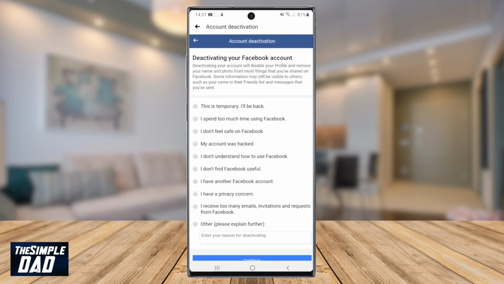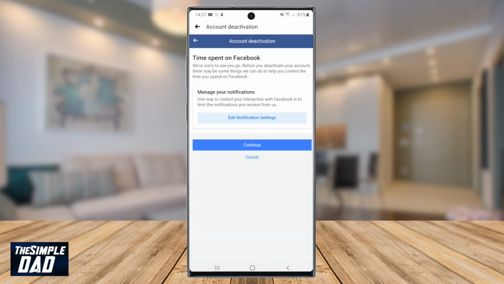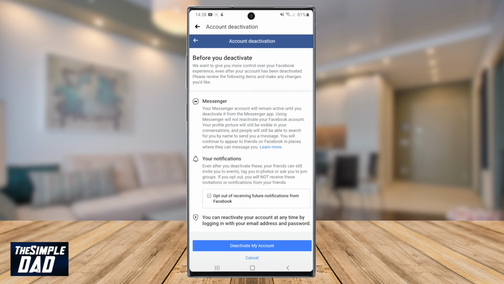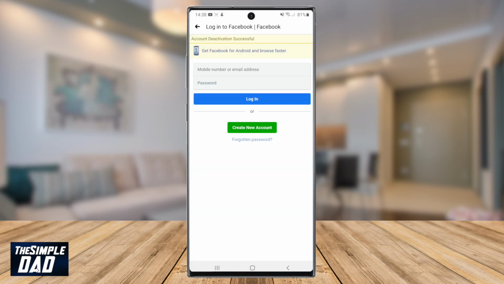Facebook will ask you a reason. You can select any options and press Continue. Once you do that, Facebook will ask you to confirm twice and you need to tap on Deactivate My Account. Once you do that, Facebook will log you out of your account from all devices and you'll be brought back